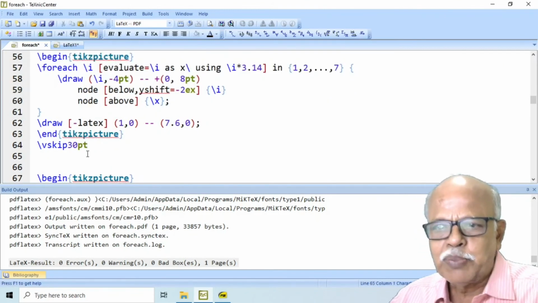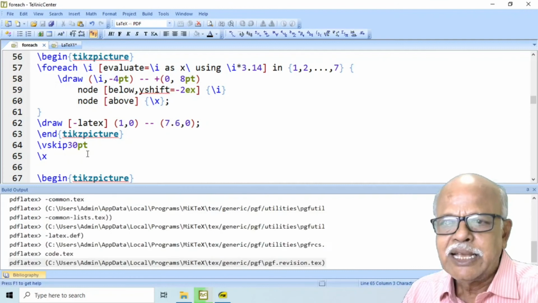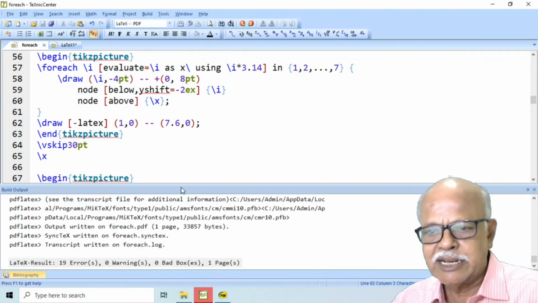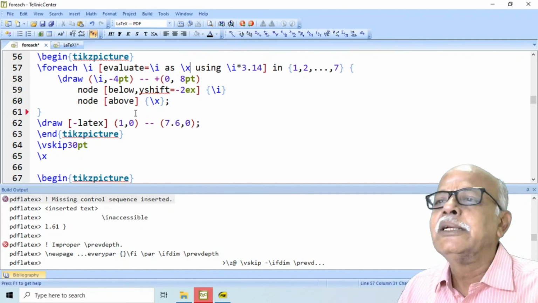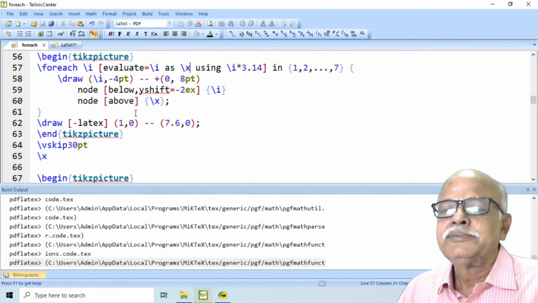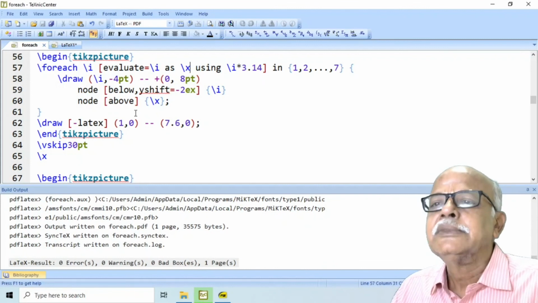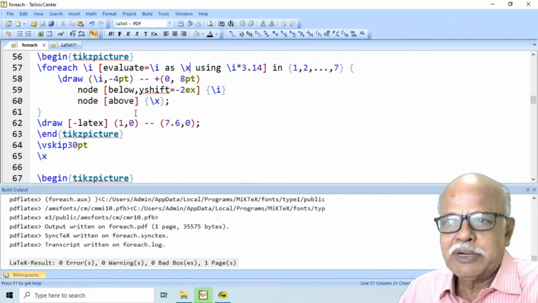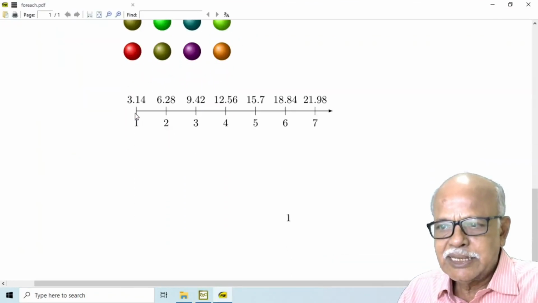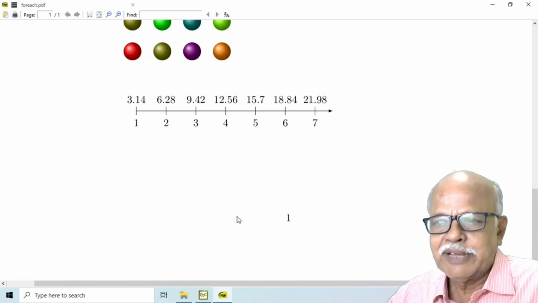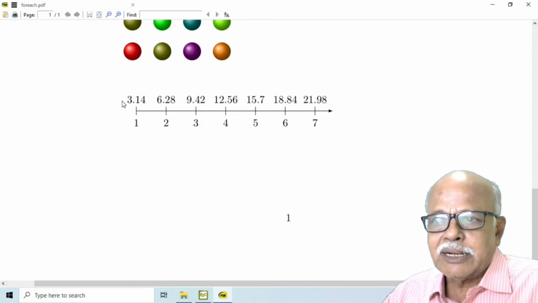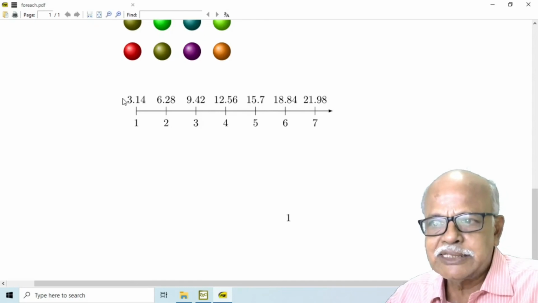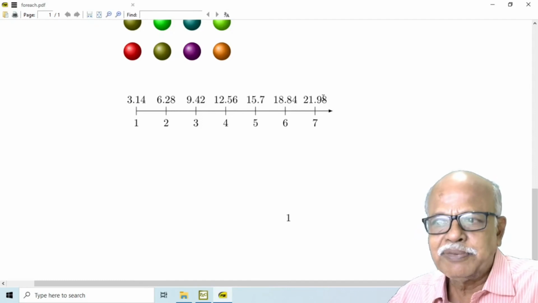Then you plot the values of i and x in a graph. We plot x and i in a graph like this. At the bottom we have the values of i, and the corresponding values of x are given at the top of this line.